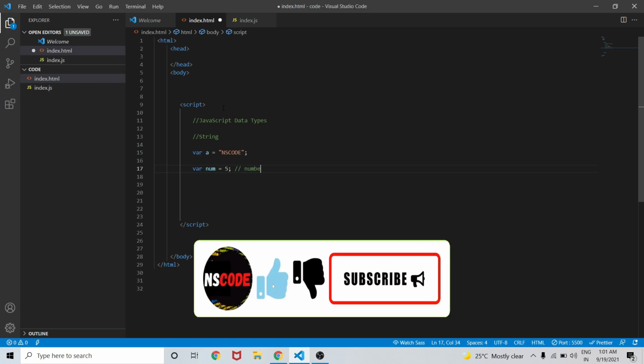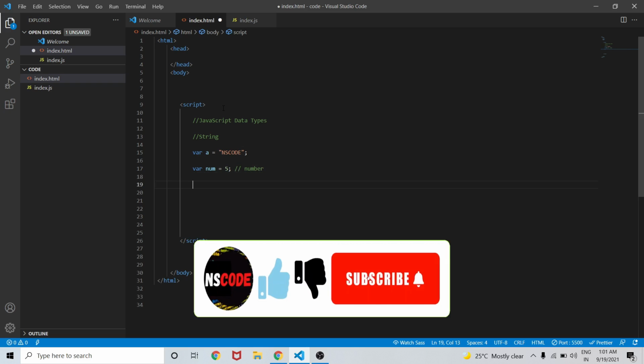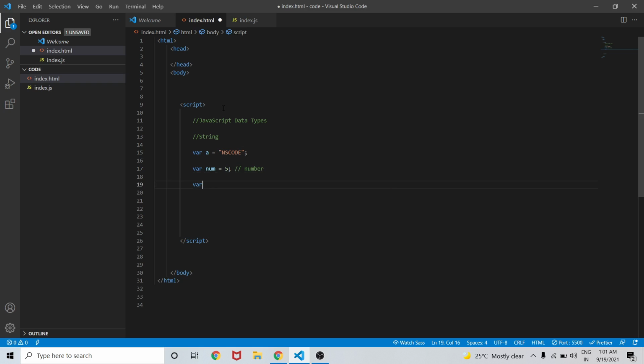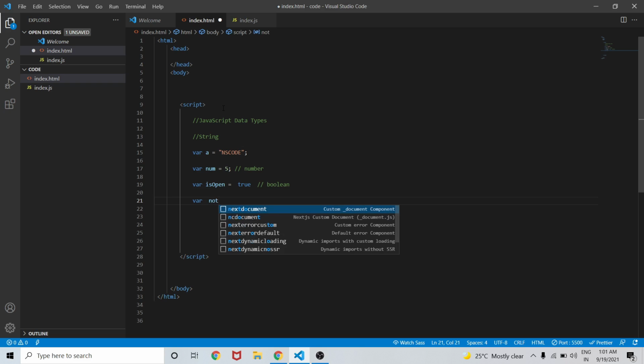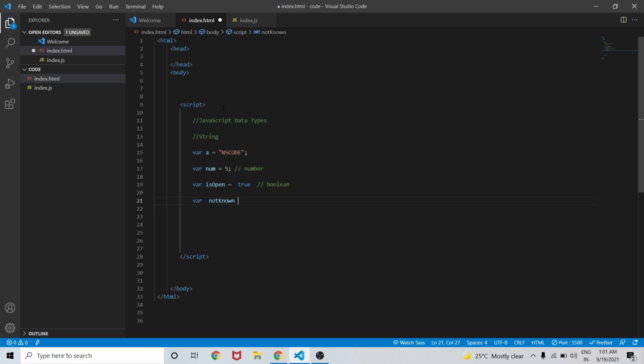Let isOpen equal something. So isOpen is equal to true. So here the data type is boolean. And also we have var. Suppose we have a var, notKnown, and this should be undefined, I guess.